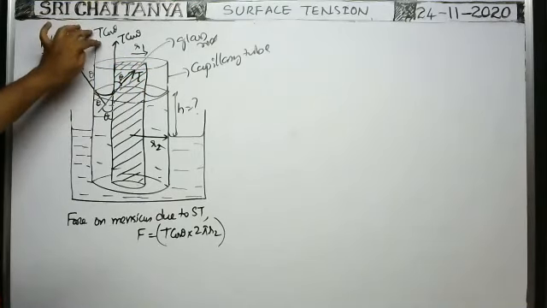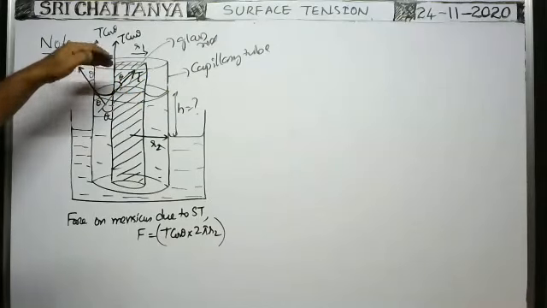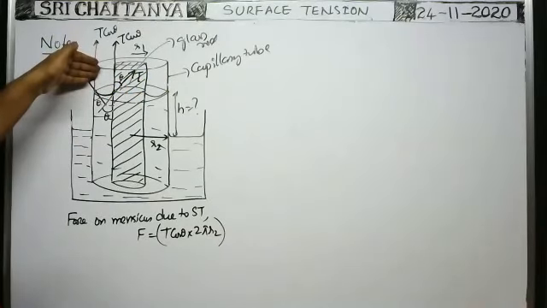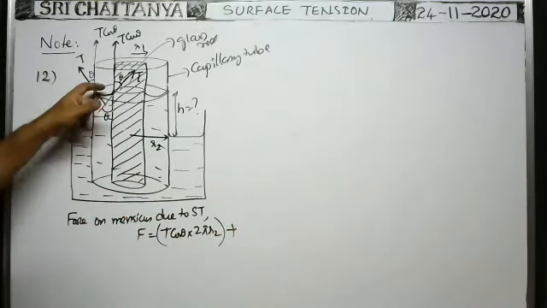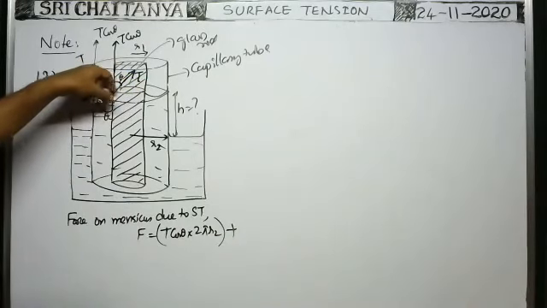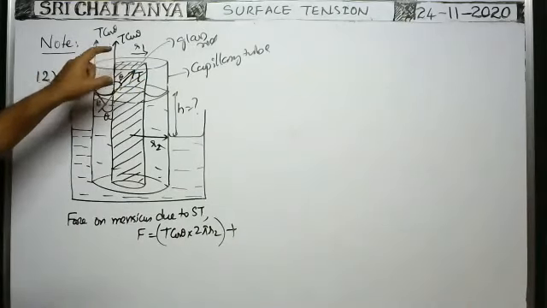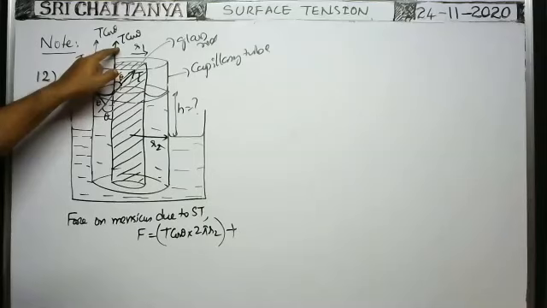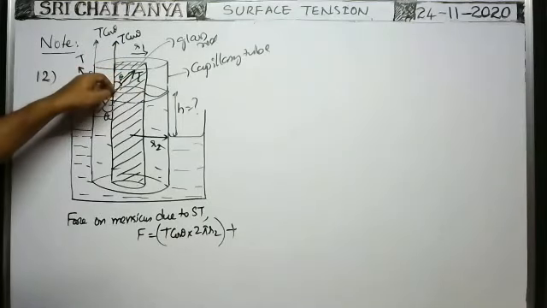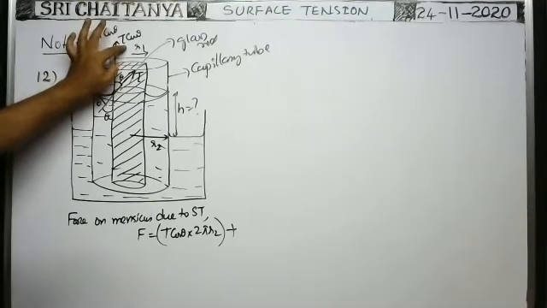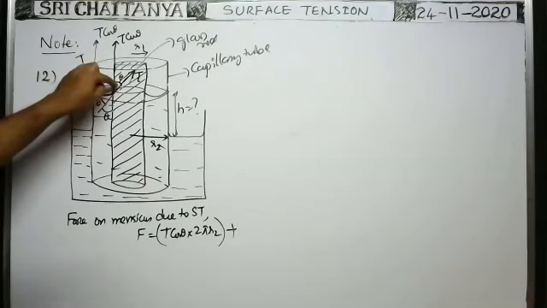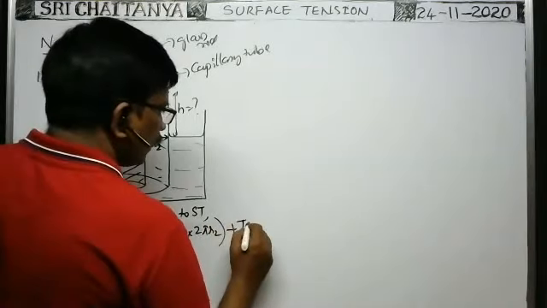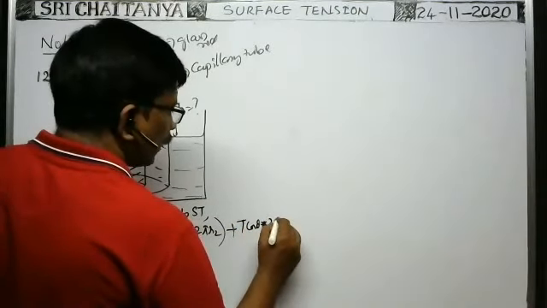Therefore, the force due to surface tension acting on the outer circumference of the meniscus, which is in contact with the inner wall of the capillary tube, in the vertical upward direction is equal to this one. Plus, at the same time, on the inner circumference of the meniscus, which is in contact with the glass rod, the surface tension component T cos theta acts along the vertical upward direction. It is equal to T cos theta times the length of the free liquid surface in contact with the glass rod, which is 2 pi r1. So T cos theta into 2 pi r1.